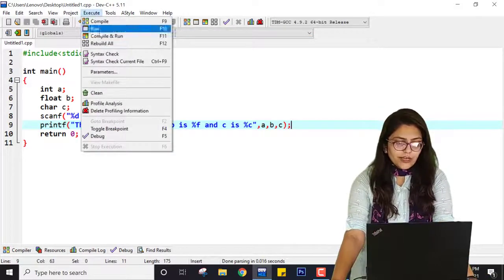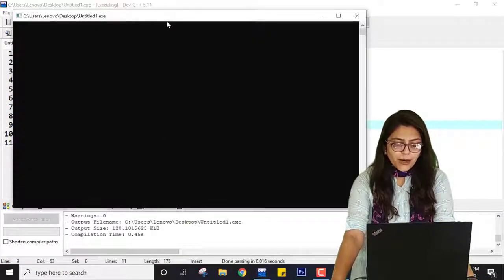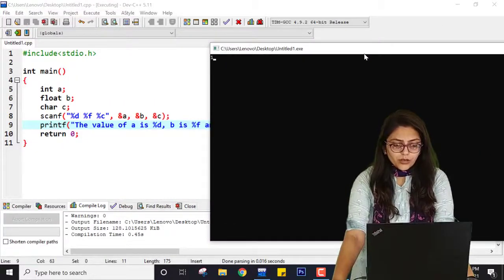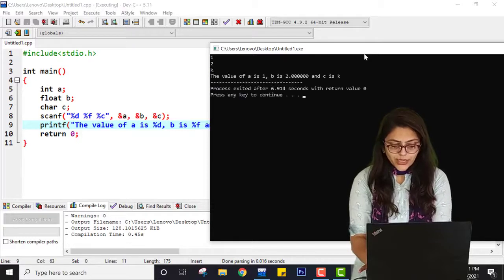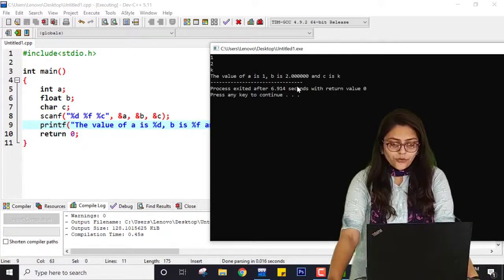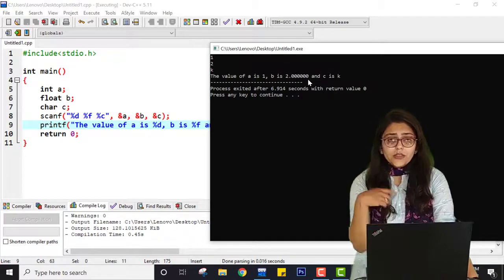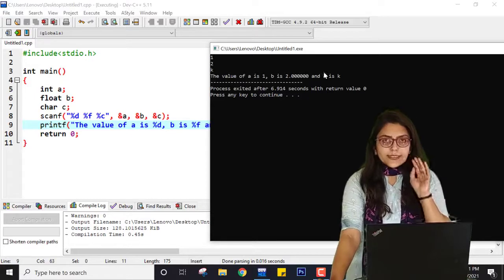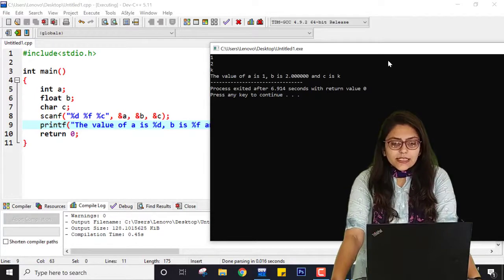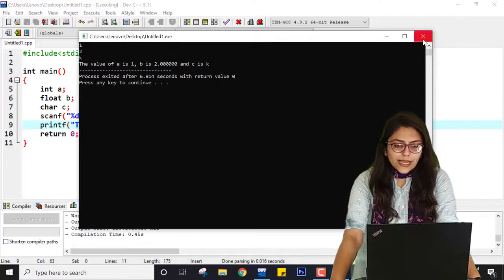Let me save this program, compile it and run it. You can see here I am entering 1, then 2, then I am entering K. So the value of a is 1, b is 2.000000 because it is accurate up to 6 decimal places, and then c is K because I have entered the value K in place of character c.